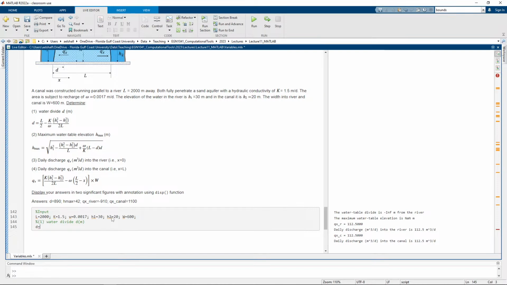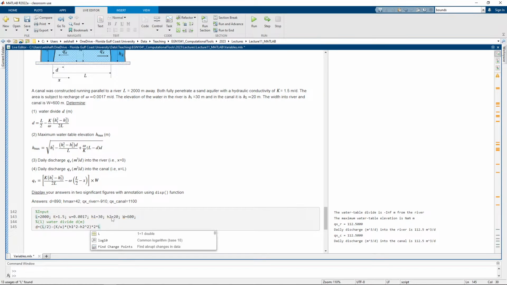Here you just type what you see on the screen. So L over 2 minus K W times H1 squared minus H2 squared divided by, and then should I just write divided by 2 times